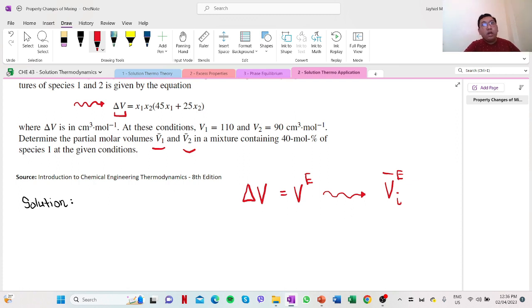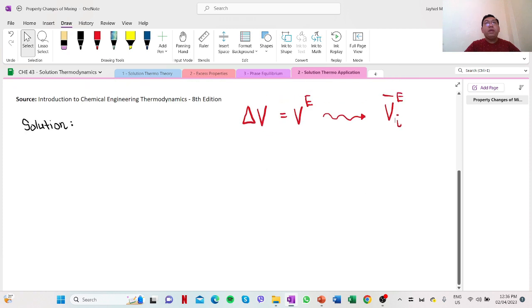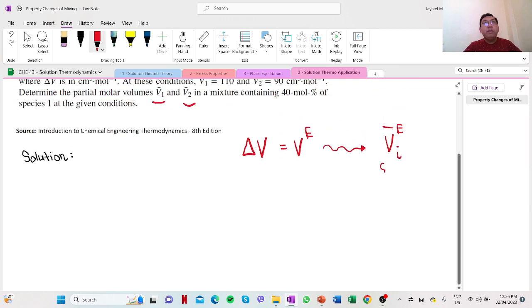And if you can recall in your topic on excess properties, remember that the partial molar excess property of a species in a mixture is equal to the partial molar volume of that component minus the partial molar volume of that component